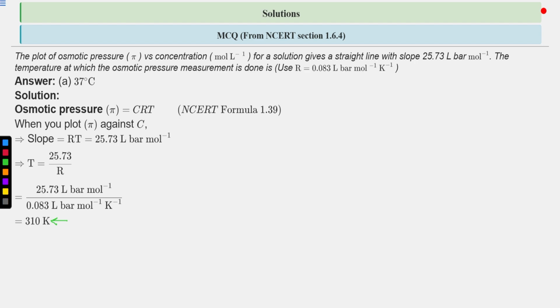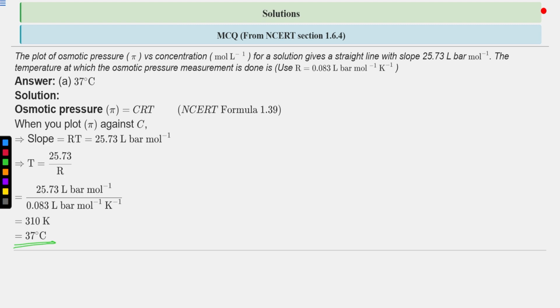So 310 Kelvin is the temperature which we will use to measure the osmotic pressure. But as our options are given in degree Celsius, you have to convert this Kelvin into degree Celsius, just by subtracting 273 from this Kelvin temperature, and it will be equal to 37 degree Celsius. Okay, so this is an important thing. Just try to remember that